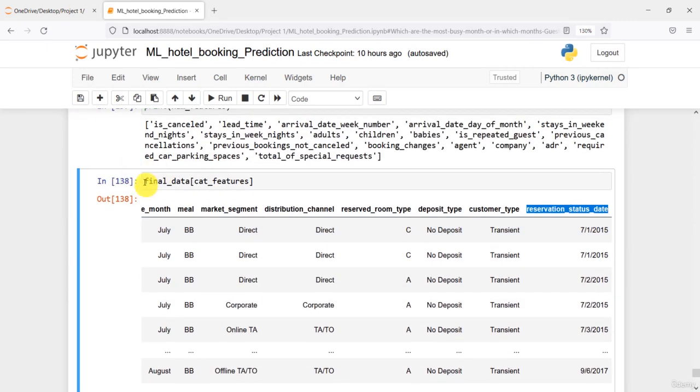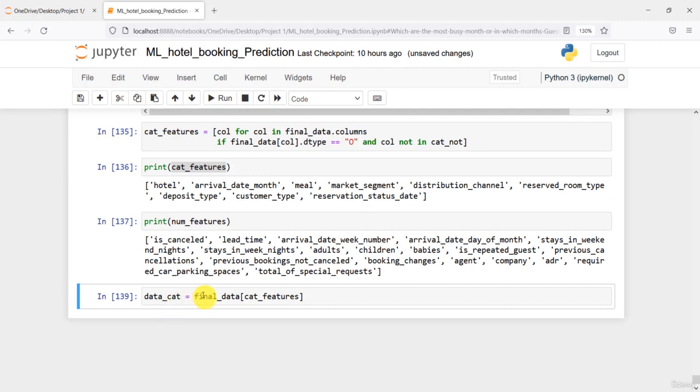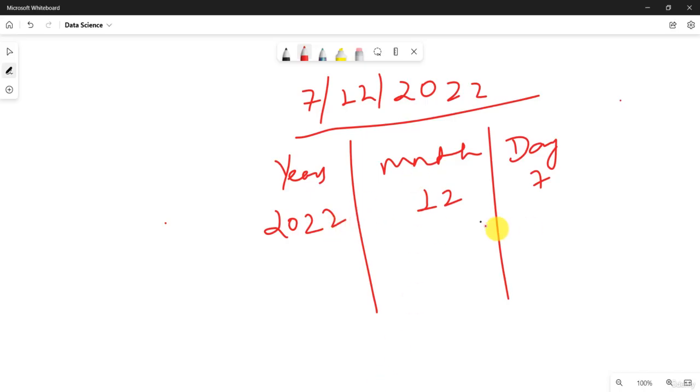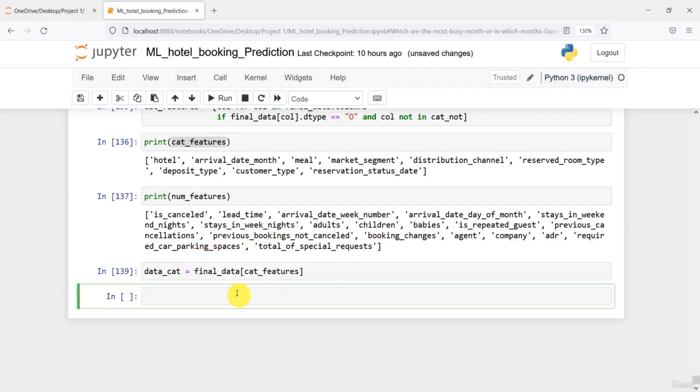Before doing that, you can see this was our categorical feature that we extracted previously. I want to store it somewhere. Let's say I want to store it in data cat. So I'll create a variable where I will store all this categorical data. Now over here, I want to distribute our data into a format something like this. The attribute that we are interested in is the date time. So if I print maybe the head